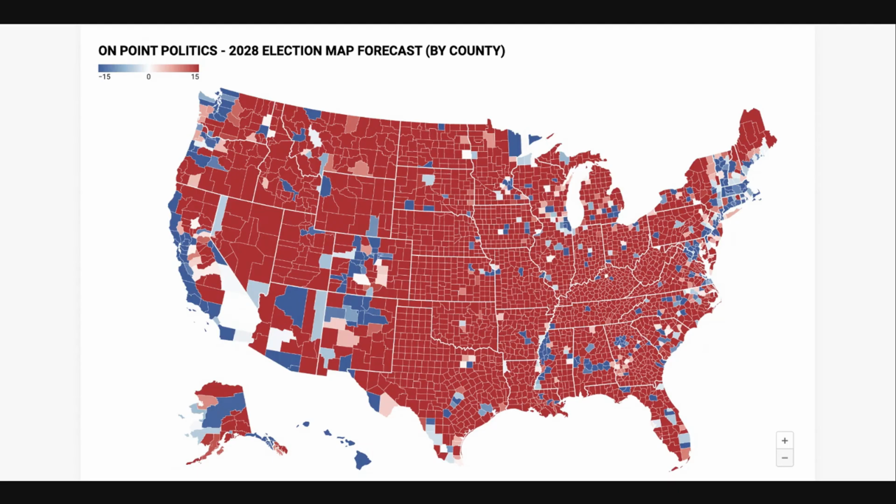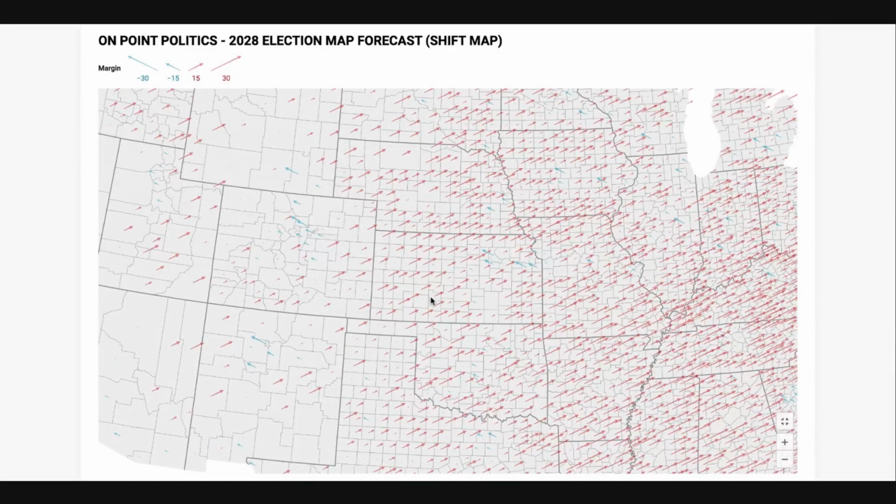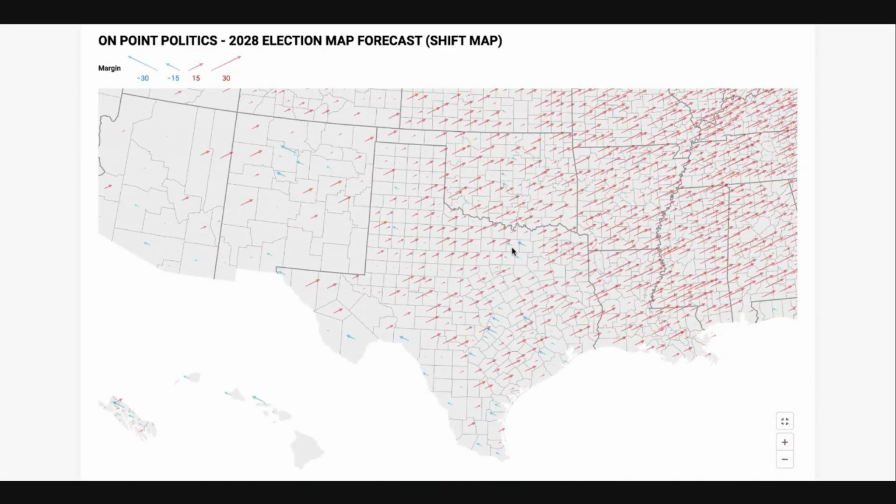But overall, if you really look at it, Vance still somewhat holds his ground in the area because some of the border counties actually do get more Republican. Some of them get closer. So there's a little bit of a mix. You can actually pull them up here on the county shift map. And you see the reason why Vance ends up doing a little bit worse in the state is because the suburban areas and the exurban areas end up moving left. But he holds some ground with these really massive rural shifts.